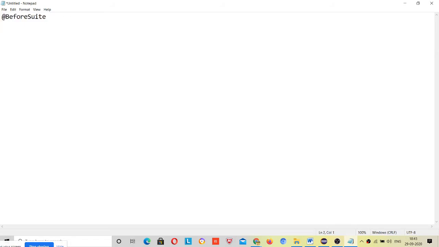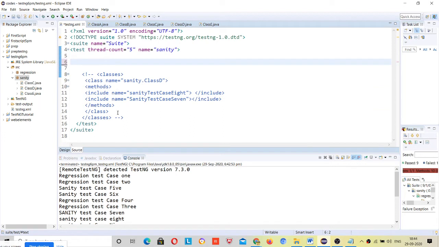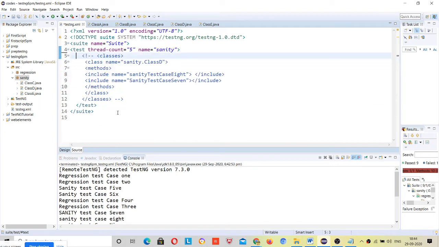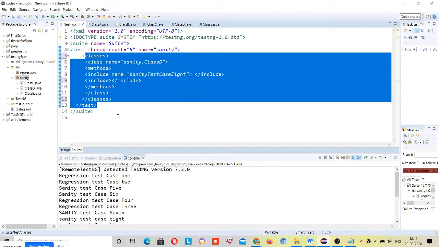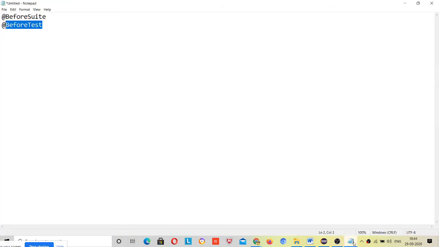And after that it will run before test. Before test means before running any package, right? Before running inside any package, suppose I am in here and inside this I have, let me remove this code. You will see in the video and can just copy that. Suppose I have multiple tests; yesterday I told you how to create multiple tests.